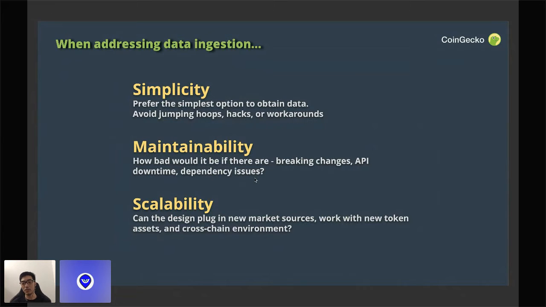The reason for that is also we currently have integration with over 500 different data sources, and a lot of things can go wrong as we go by, like API changes, or the data that comes back on the other side is something that we don't expect, or there could be dependency issues as well. So we always opt for a uniform approach where all the exchanges are implemented in the same way, so that we can easily maintain it and scale it by adding new modules into the data ingestion.